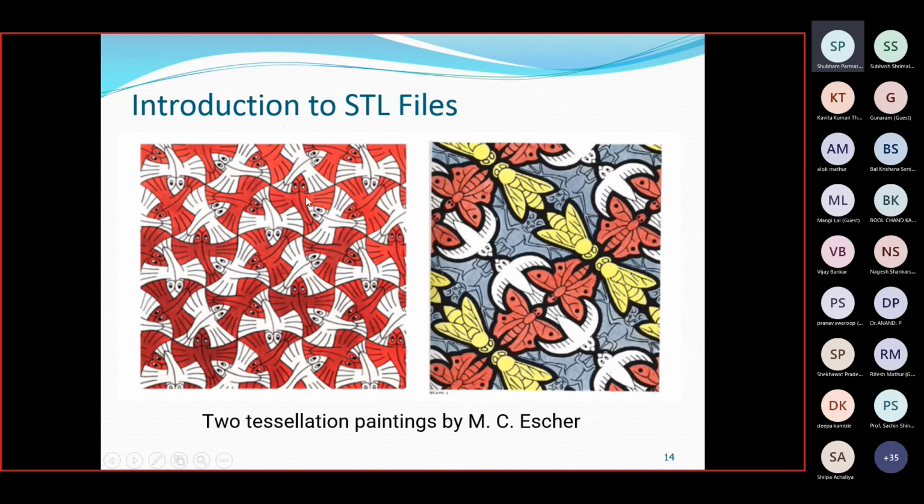See, in this painting, different small geometrical spaces are used and adjusted with one another to generate the complete image and painting. This part itself is one geometry, this part is another geometry, this part is another geometry, and that's why it is a tiling process. So that's why it's known as tessellation paintings.